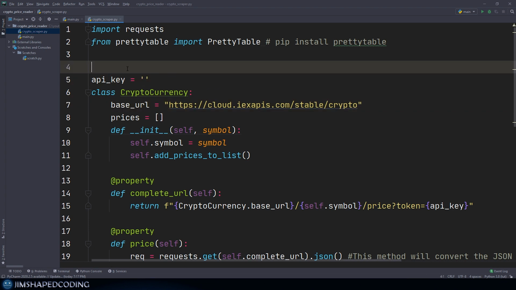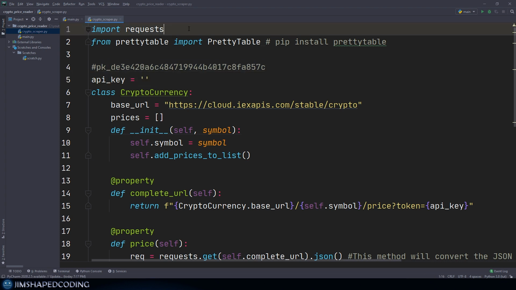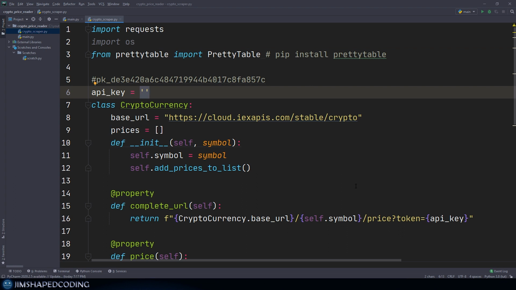Okay, so the way that this is going to work is by changing this one to just nothing. Let me actually cut this from here and add it here as a comment, so we will have our key in some random location. Now, the API key right now is an empty string, and the way that it could receive its value from an environment variable is going to work in the following way. So I'm going to import the os library again, and I'm going to use some special methods that will be responsible for reading this as an environment variable. So it could be